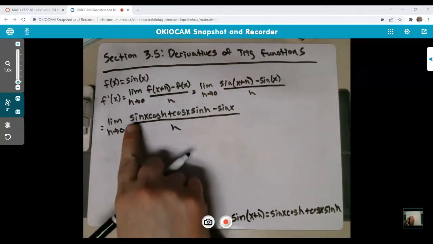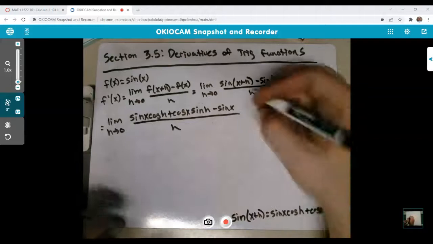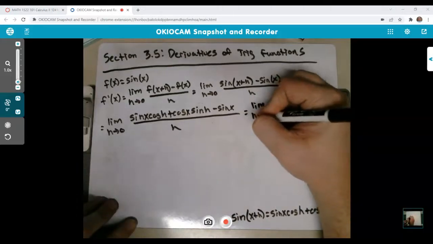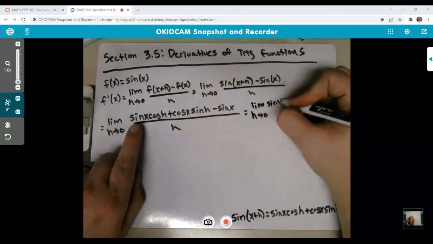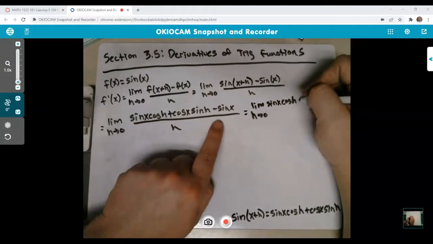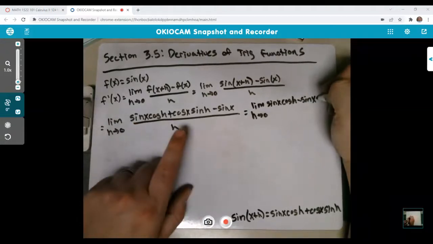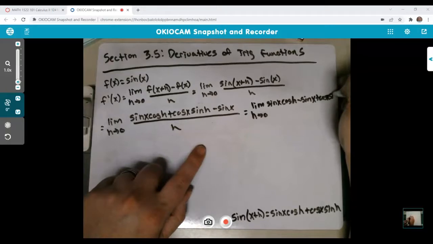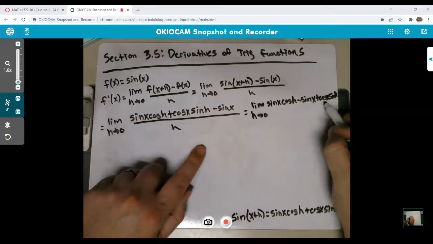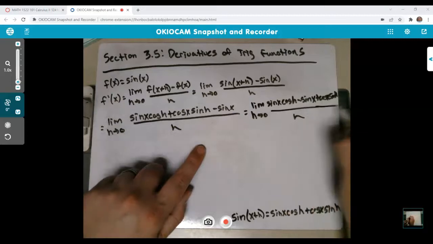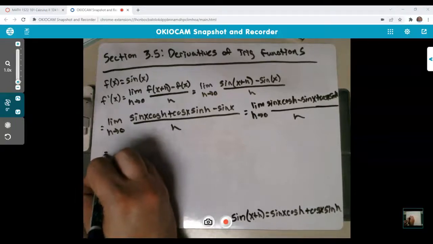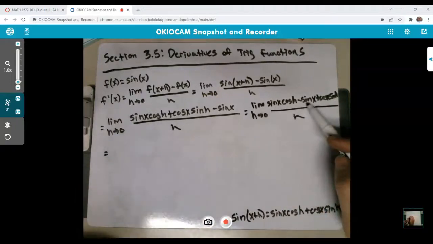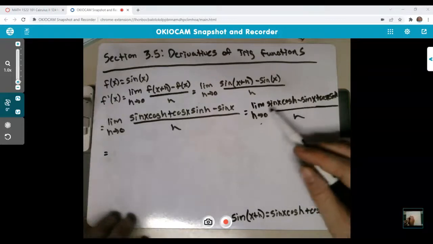Since I have sine of x over here and over there, why don't I group those together? So limit as h goes to 0 of, I have sine of x right here, so sine x cosine of h. Let's put sine of x next to that, just because they have common terms. That says cosine x sine of h all over h. Since both of those have a sine of x, we can factor it out. And since sine of x does not have an h, I can actually pull it outside of the